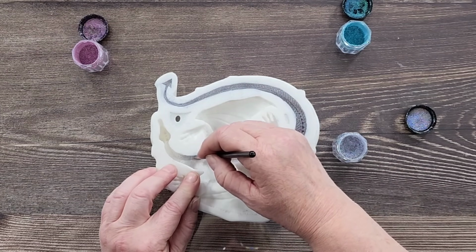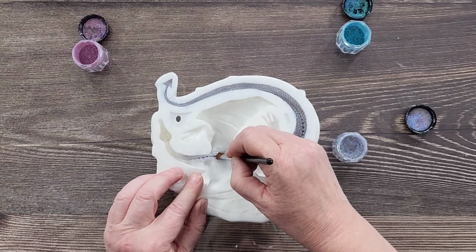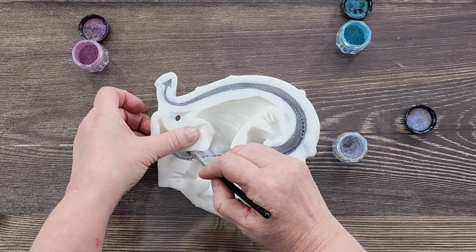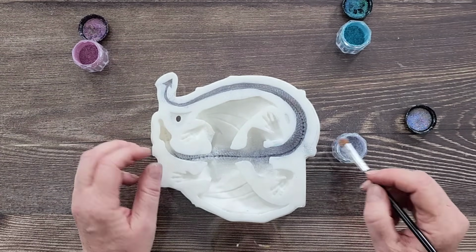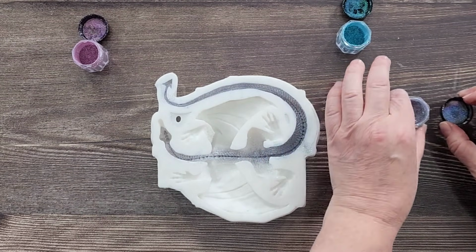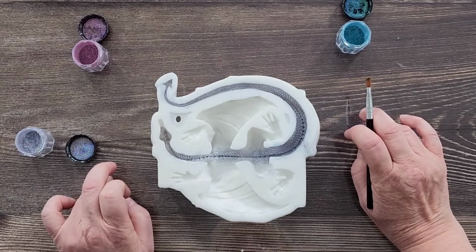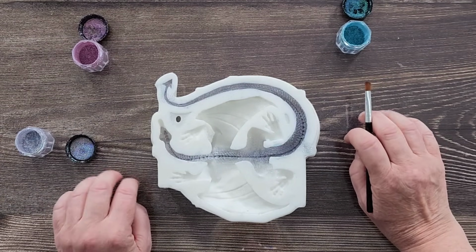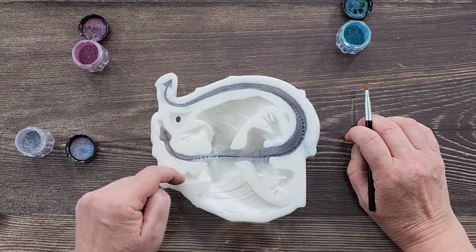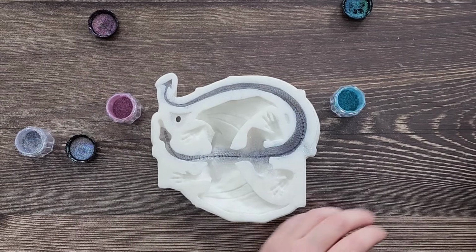And then up here, I'm going between the two shoulder blades there, between his arms where the wing is. And then we'll continue to do the neck. We'll do the neck and the head in the silver. So I will do that later, but for now, let's move on to another colour. Actually, I said to myself I was going to do his hands and feet and head and tail all in silver, but then I still need to use these two colours, so